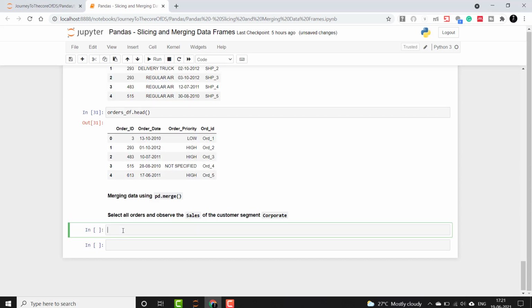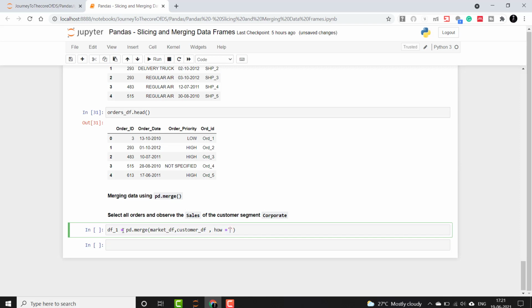Now we will merge these two data frames, the market DF and customer DF, and create a new data frame called df_1. So I'll write pd.merge, market_df comma customer_df, and then I will specify on what column I need to merge it.